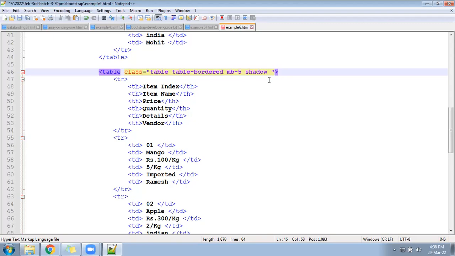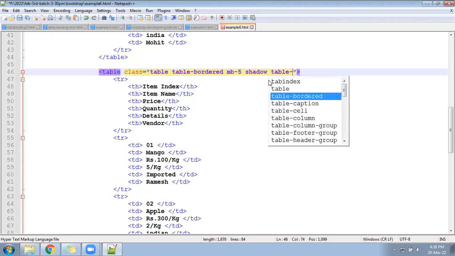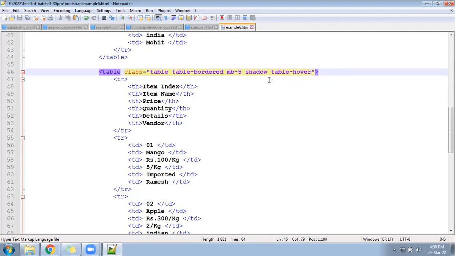Apply here a class called table-hover. Class name is table-hover.